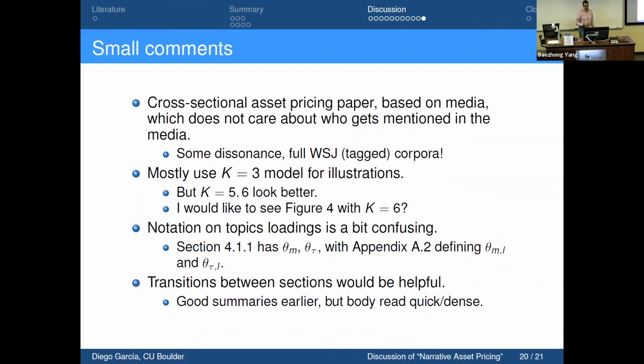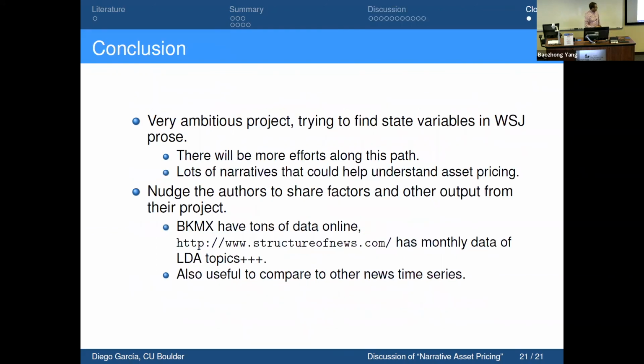So I'm almost out of time. I will make just one more point, which is that this is a conceptual asset pricing paper where they have tagged Wall Street Journal, and they're not using any of that. They're just using the LDA output, which at the very least is surprising. I would love to have this corpus, which is not cheap, apparently, mostly because you can actually see when these guys show up. And we know that it matters being on TV, being in the journal, some Fang and Peress papers, and so on and so forth. So let me just leave it at that.